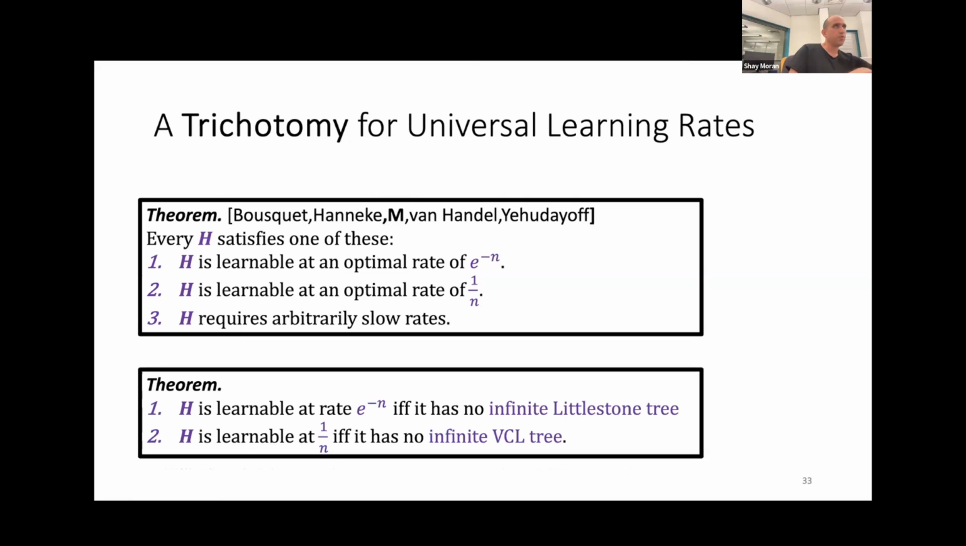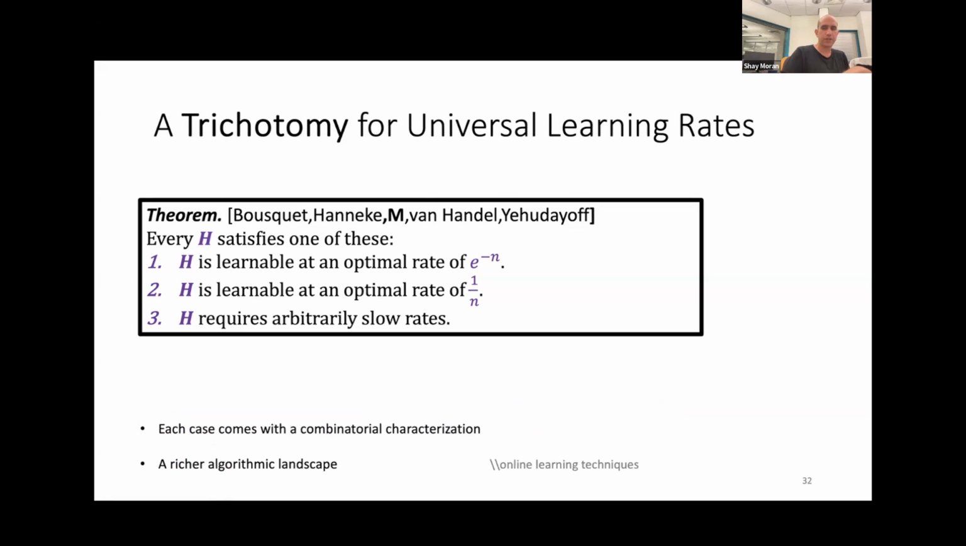Now, how much time do I have? I still have time, right? Like 50 minutes, Avi? You have till 12:30. 12:30, good, excellent. So soon we'll take a short break, but before that, I want to tell you a little bit about